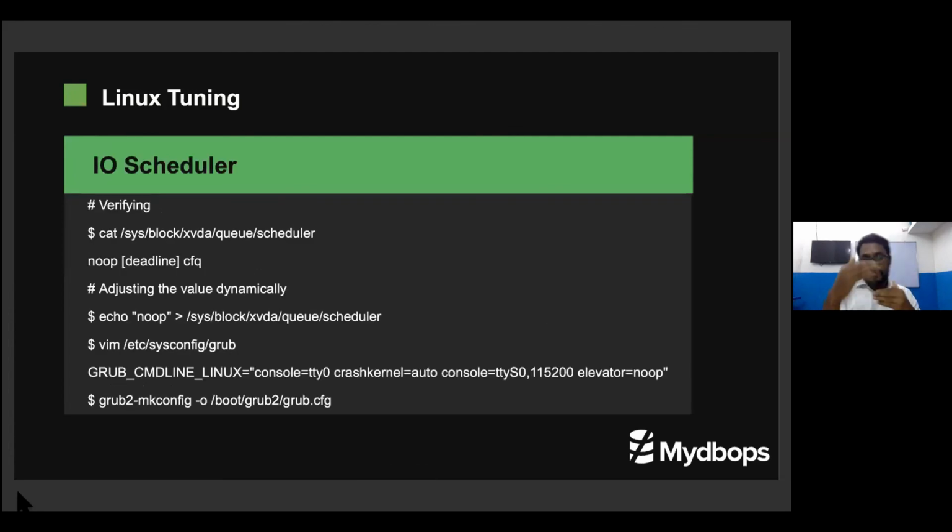When you are using SSD disks, you don't need other schedulers like Deadline or CFQ. Noop is more than enough, and you can specify the Noop scheduler as the Linux disk scheduler method for MongoDB. When you specify Noop, SSDs have their own scheduling algorithm. Every SSD vendor has their own scheduling algorithm, and it is far better than the software-based scheduling algorithm.